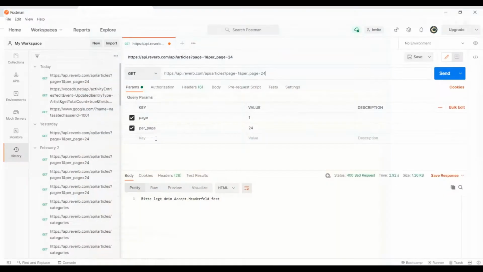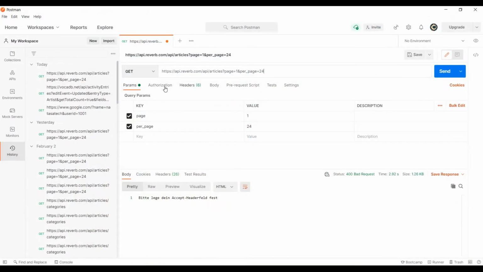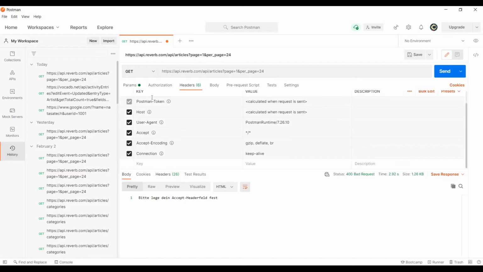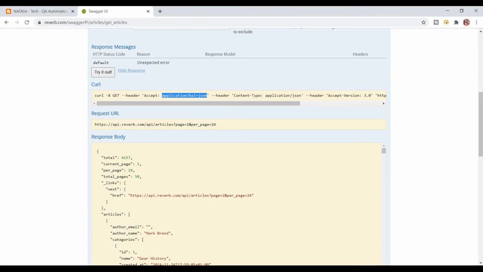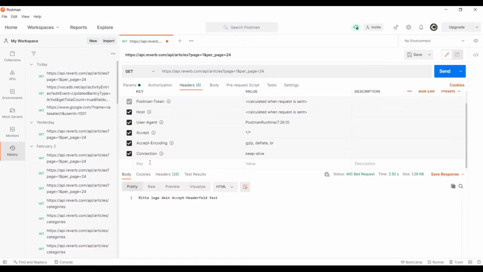Copy, go to Postman. Here we can see different sections available. Click on this Headers. Different headers are already available, but additionally we need to pass the header parts required for this request URL. That's what is mentioned here. Since that's not available here, we need to add it.